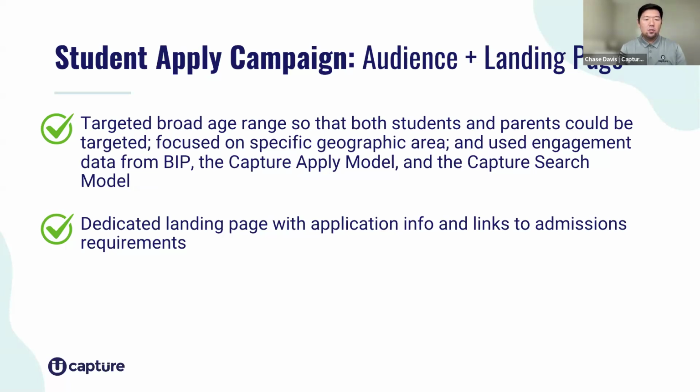Not only that, we will use our search services or our search model to identify the best zip codes to target our ads as well, to ensure that we are spending appropriately to focus on the most likely to make application and ultimately that they'll enroll at your institution. But we're also going broad in this strategy. We're including not only age ranges for potentially students, but parents, because we want them to hear the same message. They also need to know that it's time to apply and that there's those opportunities.